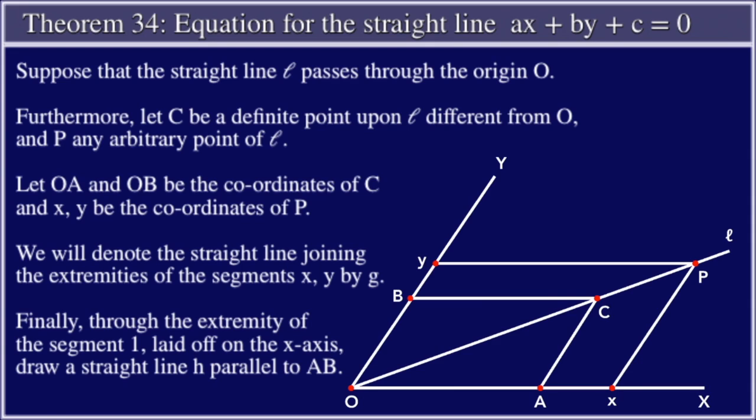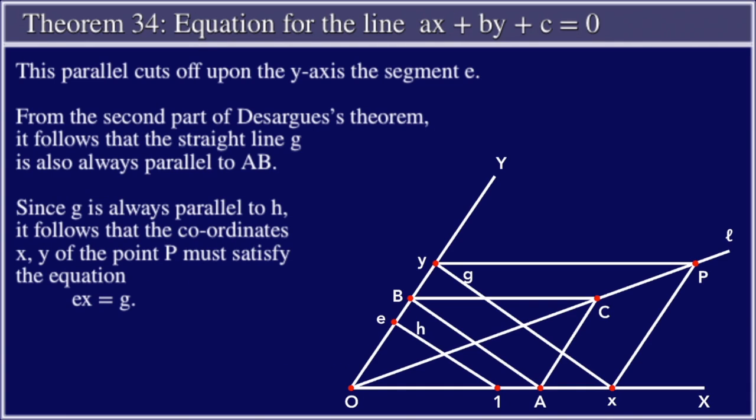We shall denote the straight line joining the extremities of the segments x, y by G. Finally, through the extremity of segment 1, laid off on the x-axis, draw a straight line H parallel to AB. This parallel cuts off upon the y-axis the segment E. From the second part of Desargues' theorem, it follows that the straight line G is also always parallel to AB. Since G is always parallel to H, it follows that the coordinates x, y of the point P must satisfy the